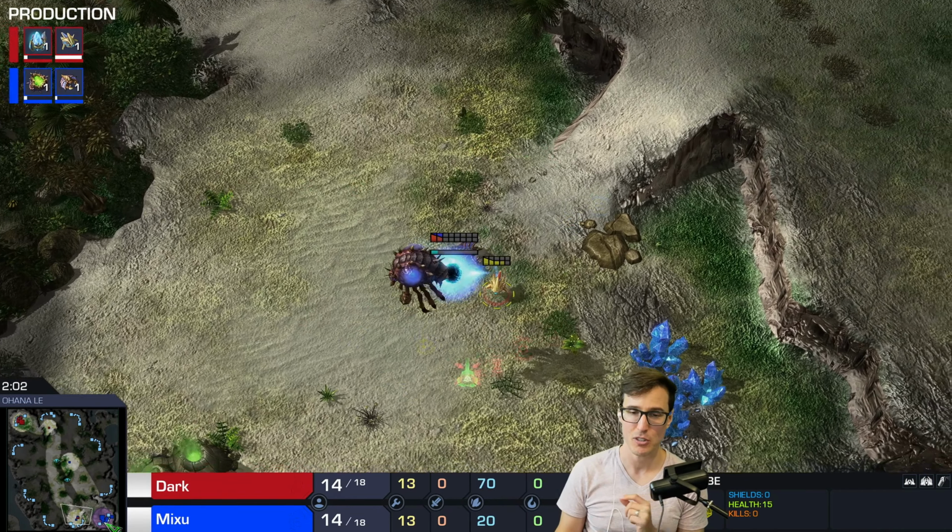Zerglings going to try and threaten from behind. 27 Roaches, 51 Zerglings. And when you fight this, you need to come from multiple sides. You cannot be in a ball. Mixu, this is old school StarCraft. Mixu is more of a Legacy of the Void gamer. He was not a super high level player in Wings of Liberty and Heart of the Swarm. In Legacy of the Void, he's become the second best player in Finland, of course, behind Serral. He's a very good player, but dude...